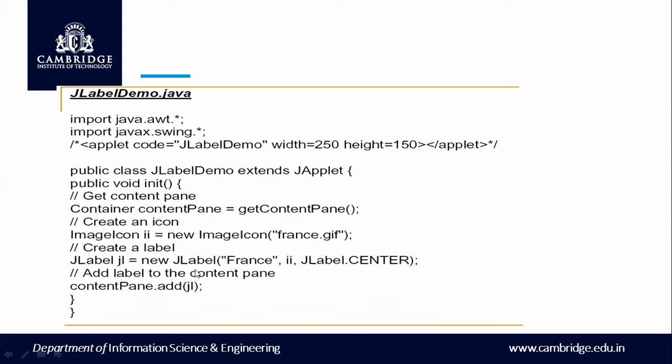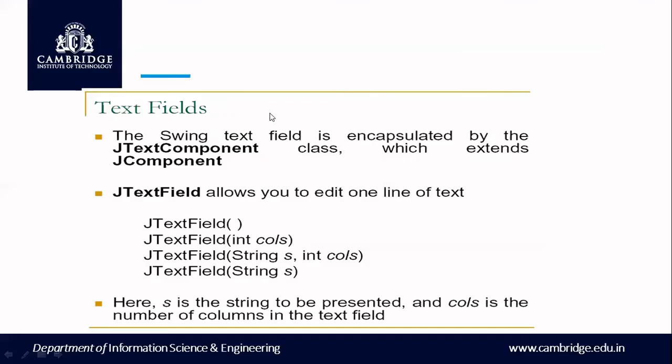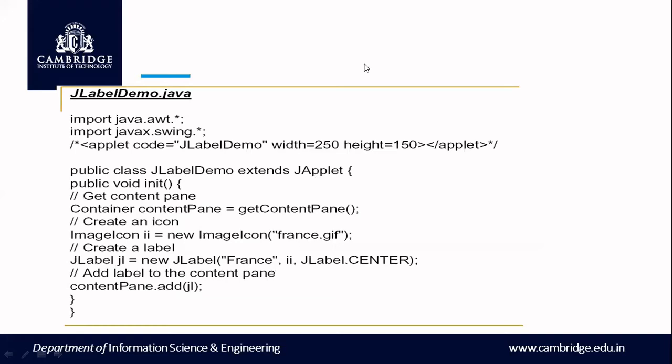Now add the label to the content pane. So I want to add this label. I need not add the image icon. Image icon is already present on my label. So you need to just add this JLabel to my content pane. What was the function? We have seen in the previous Swing application, add was the function. What is the name of your container? contentPane. So contentPane.add(jl). So it will now be displayed inside the content pane, that is inside the container. See how the execution will look. This is how the output will look.